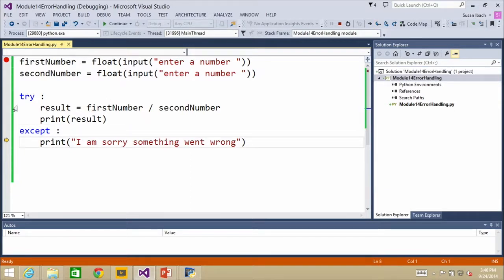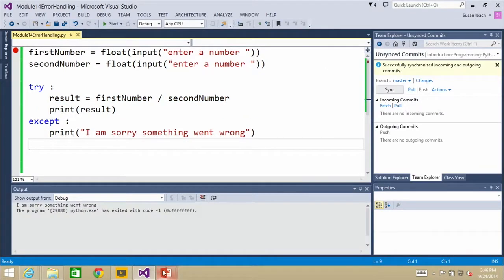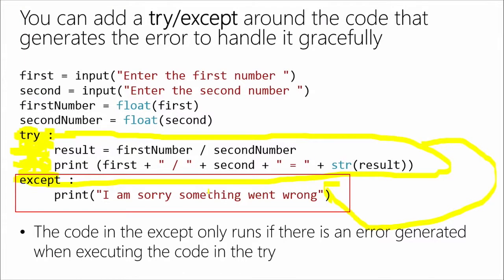So when an error occurs inside your try, whatever line generates the error, it will immediately jump to the except statement. It will not continue executing the code inside the try. The other thing that's important to recognize is the code inside the except will only execute if there's an error. If there's no error, the code that you put in the except never runs. If you remember when Susan ran that a couple seconds ago, when she did 10 and 2, it simply printed out 5.0, exactly what we were expecting. It didn't print out, sorry, something went wrong, because nothing went wrong.